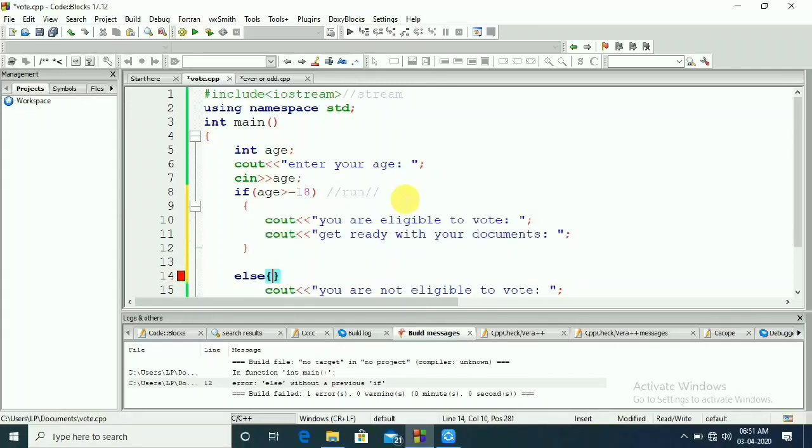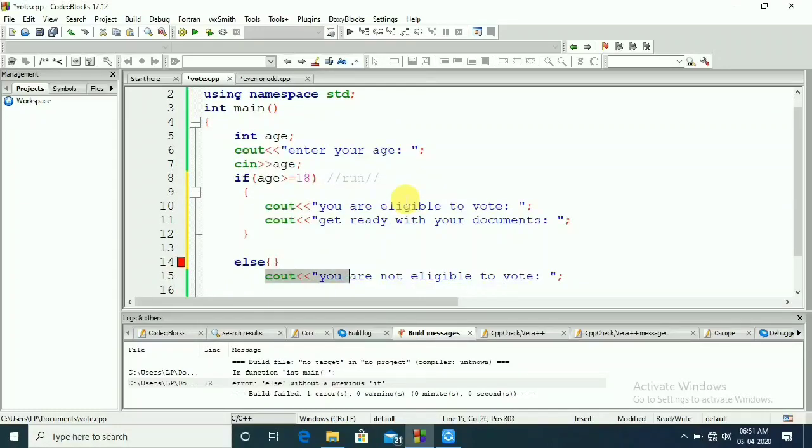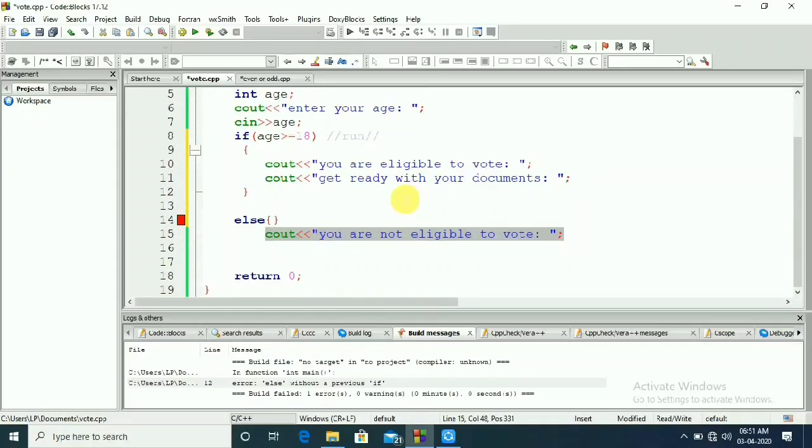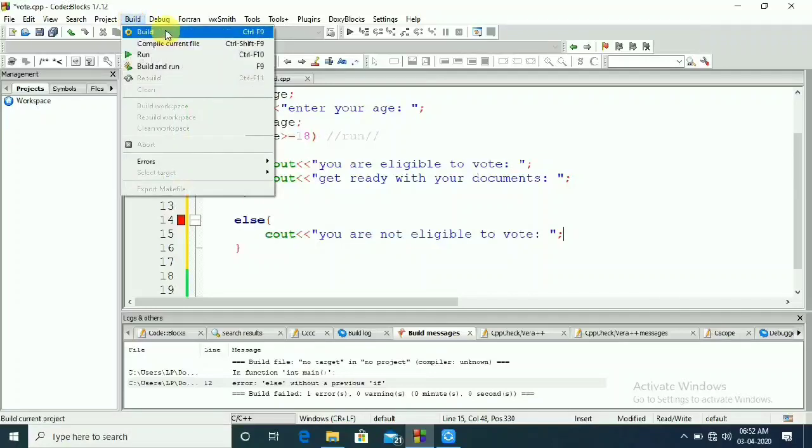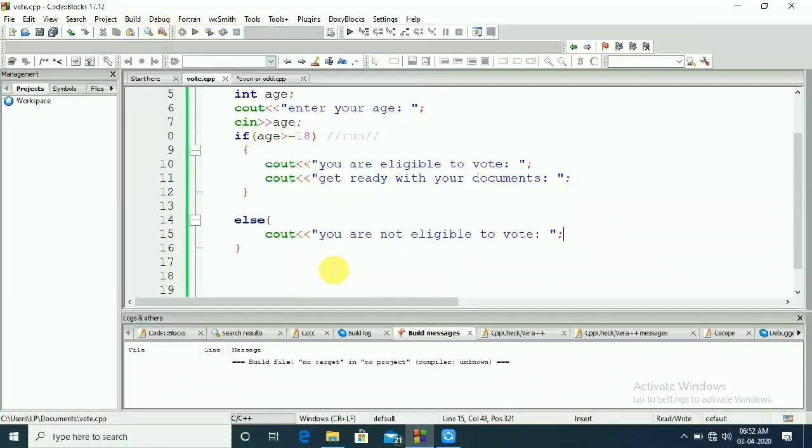But in Code::Blocks, when there are multiple statements, it is essential for you to write the brackets, otherwise the program will show an error, and that's for sure. So Code::Blocks will definitely show an error if there are multiple lines of code and you have not put any brackets. Alright guys, so this is pretty much it. I guess this was the main thing about the syntax. Now let's move on to